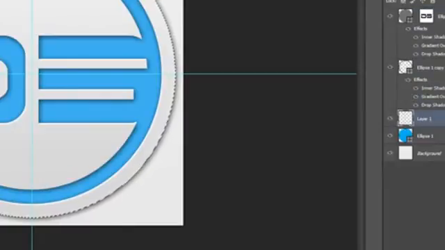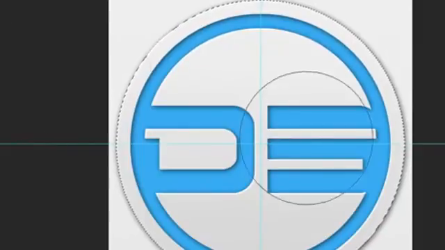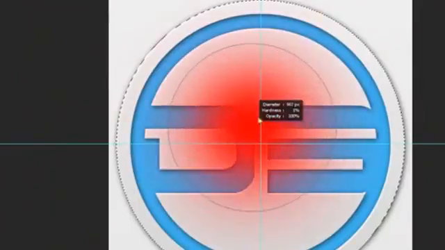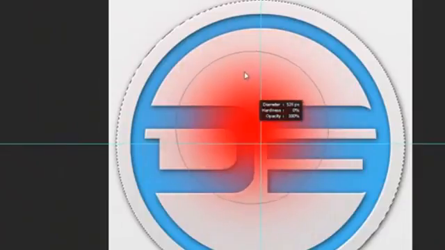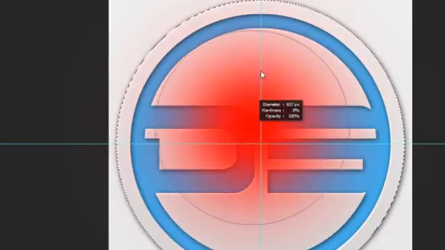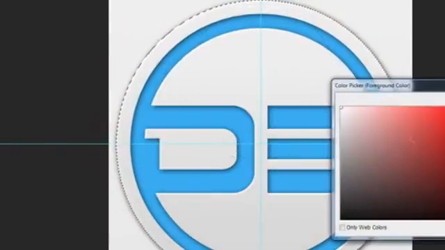So if I choose the brush tool, and then in the canvas, if I hold down Alt and then use my right click button on my mouse, and then I drag this horizontally, you'll see that we can change the size. And if you do it vertically, you'll see that we can change the hardness of the brush. So if I make this about half the size of the shape, and you just want to make sure that you have your white set as your foreground color, and then just click,